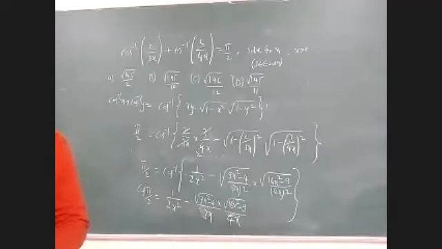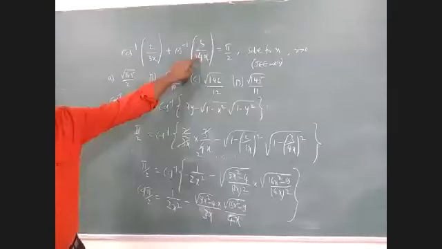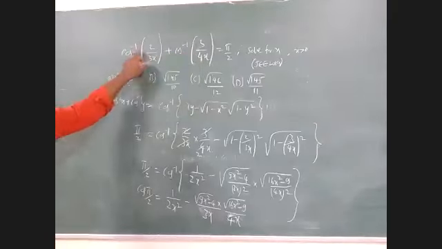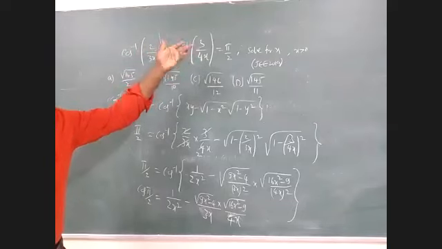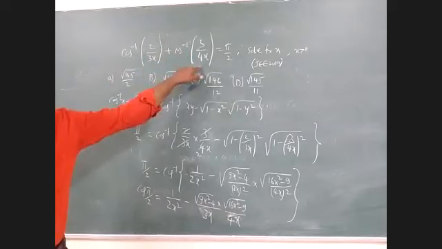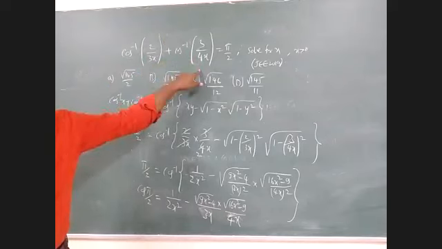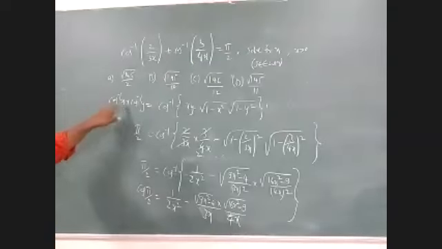So this is a JEE Mains 2019 question. If you know the formula, it's okay. If you don't know the formula, what to do? You have to convert this into tan inverse, this also into tan inverse, so the tan inverse x plus tan inverse y formula you have to apply. You have another method also. But we don't use that, we already know this formula. This formula is very simple.